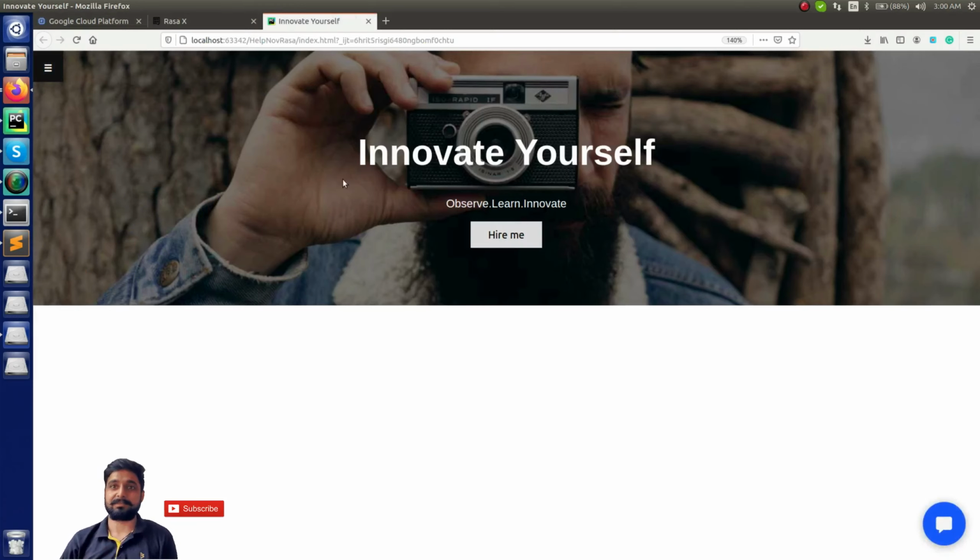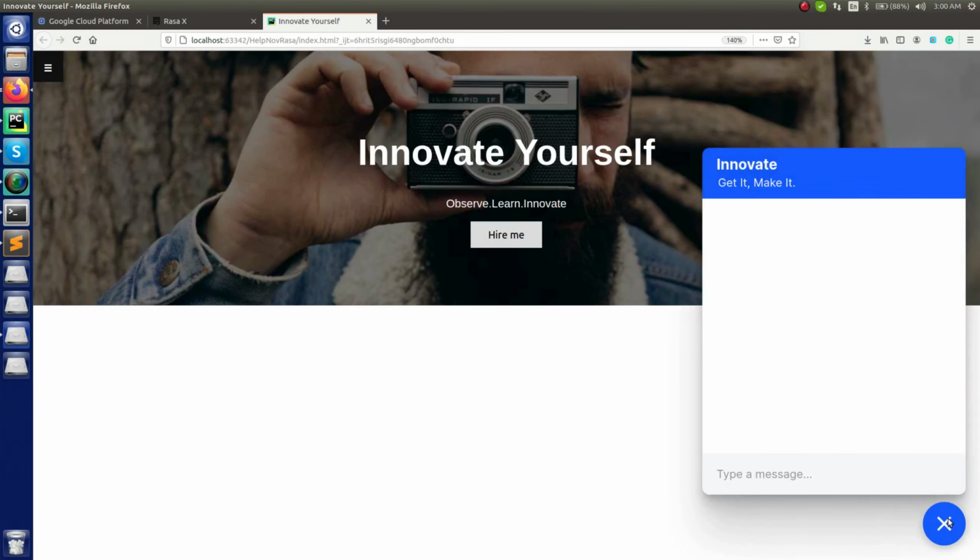Alright, so you can see here the website is open, and here is the web chat icon. Just click on this, and now you can see this time I didn't text anything to the bot, but still the bot is replying first, or let's say the bot is initiating this time. It is saying hey, how may I assist you? So let's say, tell me your name. Can you see the bot is replying, my name is Innovate. So this is the way you can convert your HTTP website to HTTPS, and also you can see how your chatbot is going to initiate for you.